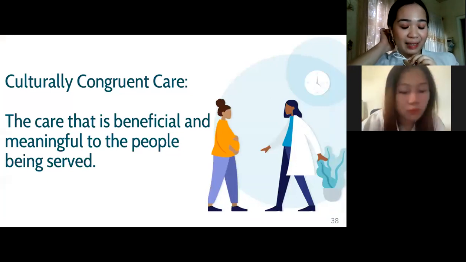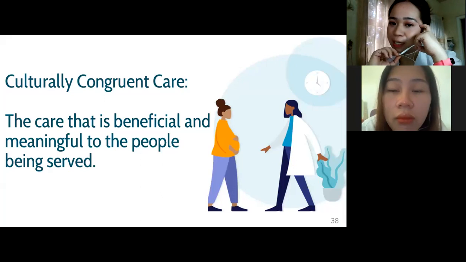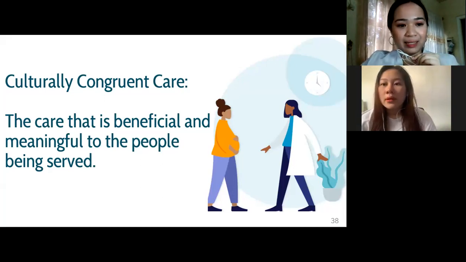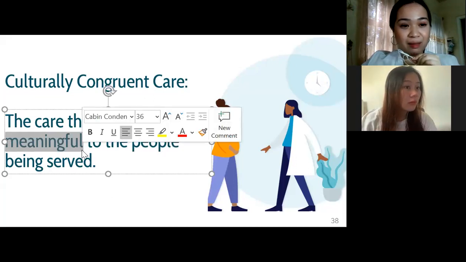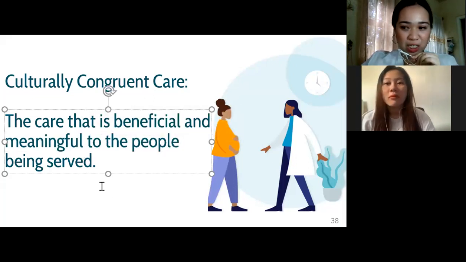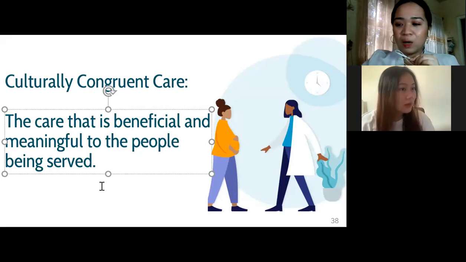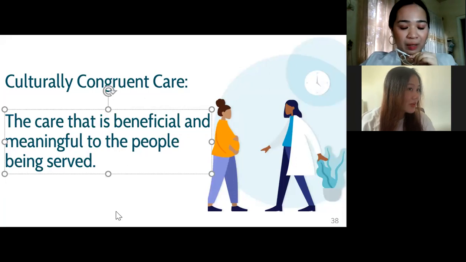The goal again of TCN is for us to provide culturally congruent care. So when we talk about culturally congruent care, that is care that is beneficial and meaningful. So look at this, look at your screen class, no? Beneficial and meaningful. When we talk about beneficial, syempre nagbe-benefit, no? From the root word benefit, may nagbe-benefit. When we talk about naman meaningful, I don't know if you would agree with me, but